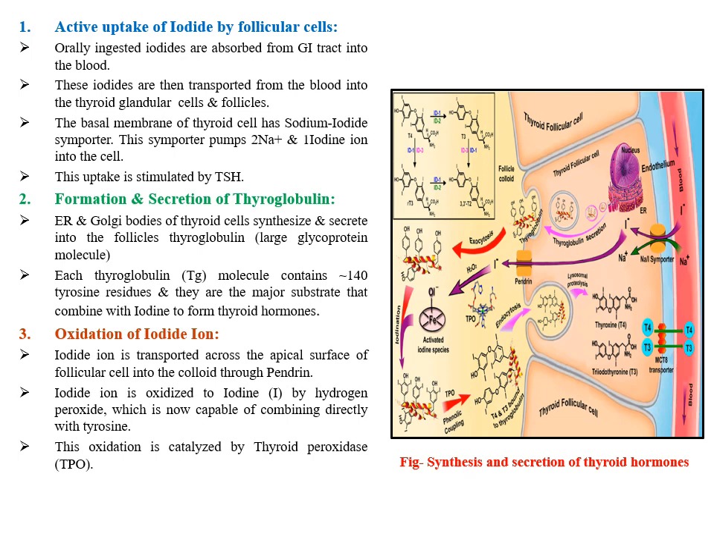Once inside the colloid, this iodide ion is oxidized by hydrogen peroxide into iodine. Means iodide will be oxidized to iodine by the hydrogen peroxide, and this reaction will be catalyzed by thyroid peroxidase. So this figure is showing the synthesis and secretion of thyroid hormone. Okay. So now next,